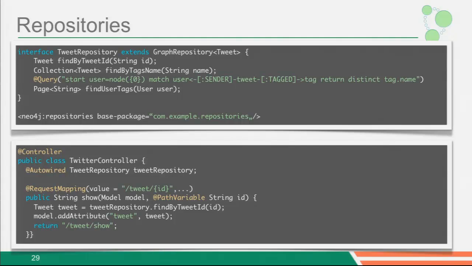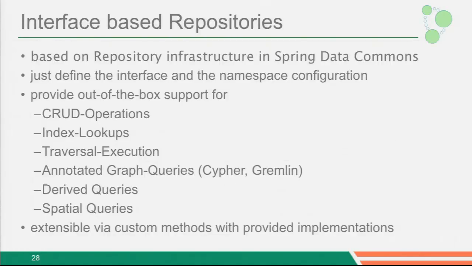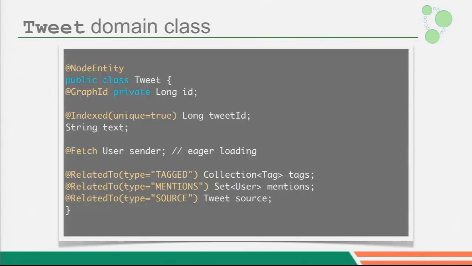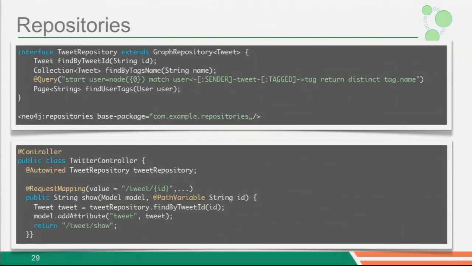So it generates something that looks a bit like the thing down here. It would say, okay, I know that there's a tweet ID property in tweet, and by the way, I also know that's an indexed property. So that means I can just generate a Cypher query that does an index lookup, returns the tweet, and that's it. I can also say, okay, I have tags via a relationship, so I have a query that looks up the tag by its index. It follows the tagged relationship backwards to the tweets and returns the tweets.